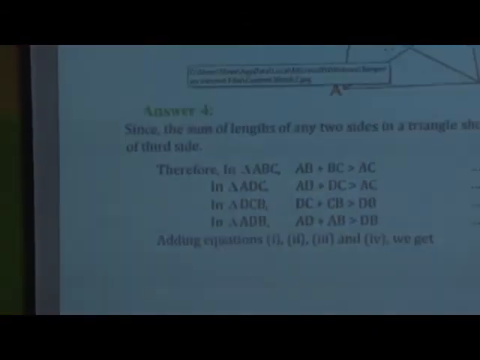Already we had started with the 6th chapter, that is a triangle and its properties. We had learned some properties of a triangle. Today we will learn some more properties of a triangle as well as a quadrilateral. We will see one example that ABCD is a given quadrilateral. Here you can see the figure.